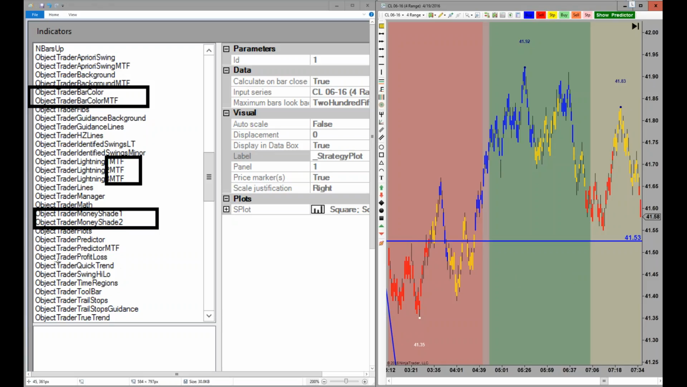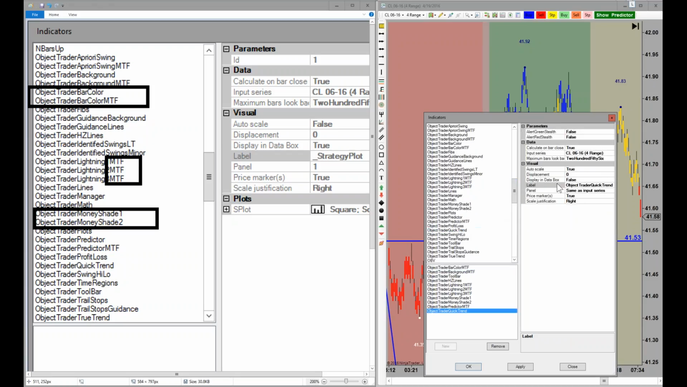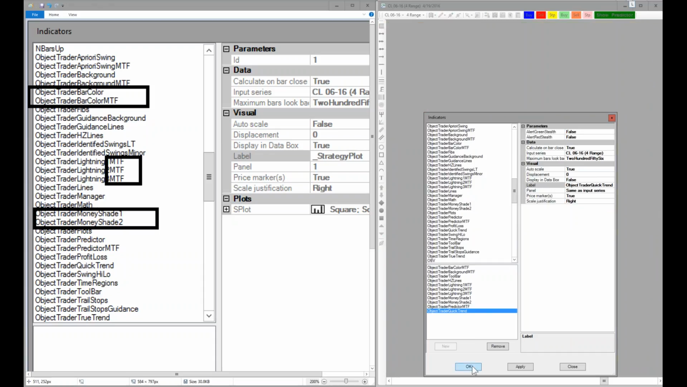Now, Object Trader Profit and Loss, that's part of Object Trader Strategy. Object Trader Quick Trend, when you get your scripts next, we're going to change that back to Object Trader Stealth because everybody knows what Stealth is. We've called that for too many years to change it. I was kind of dumb in doing that one. Anyway, the Quick Trend is just simply the old Stealth. And that gives you the red and green,